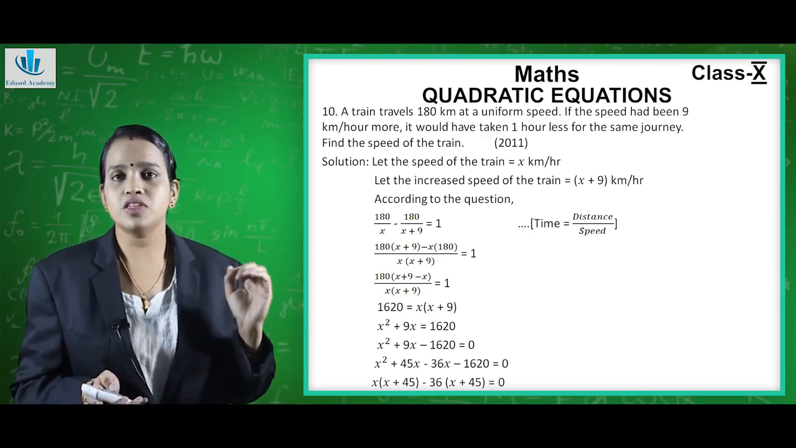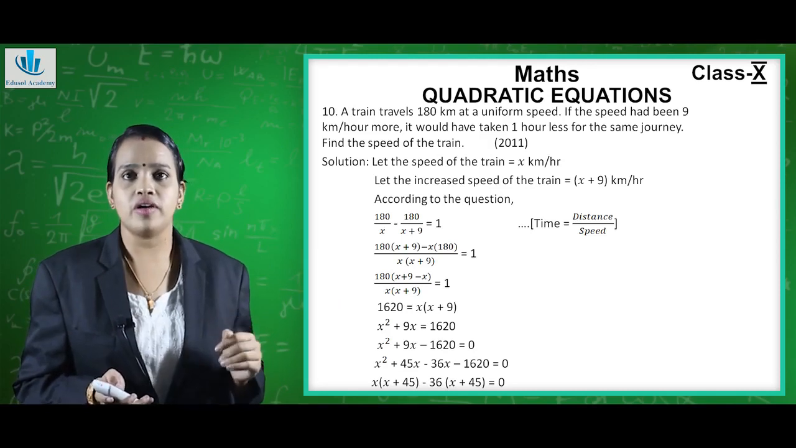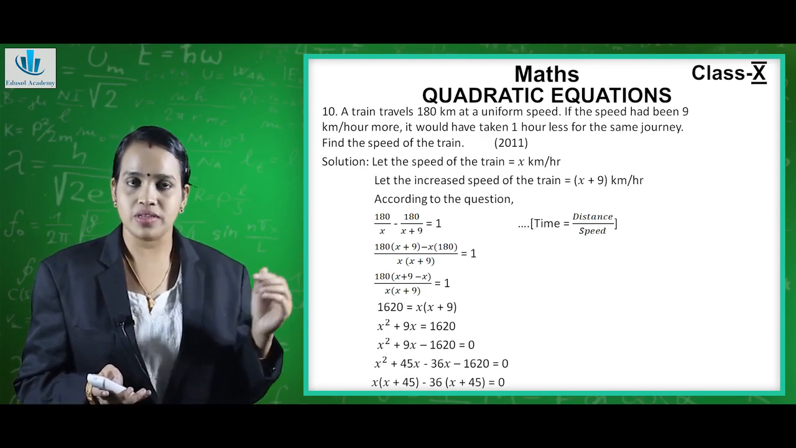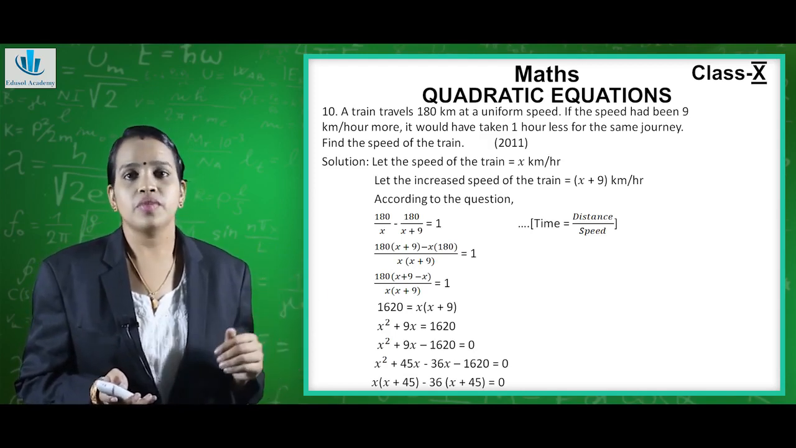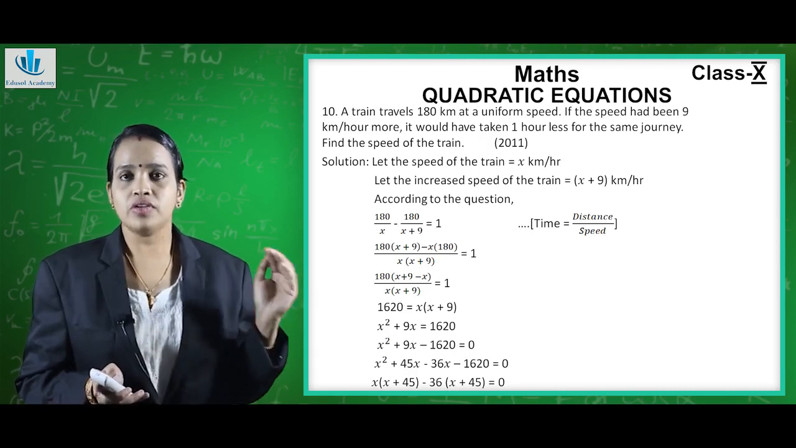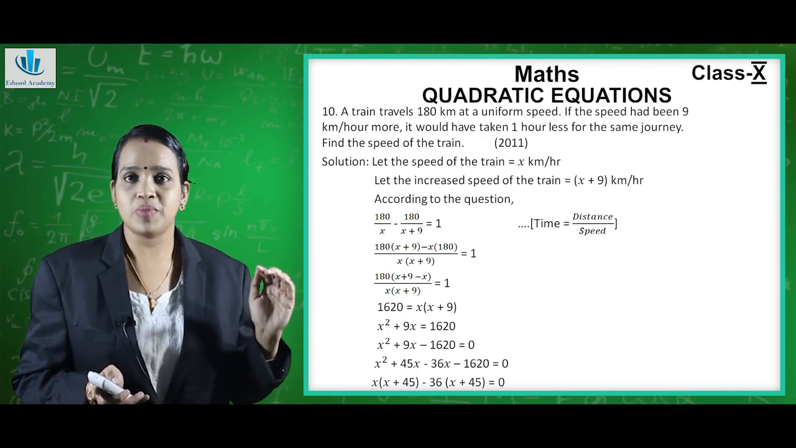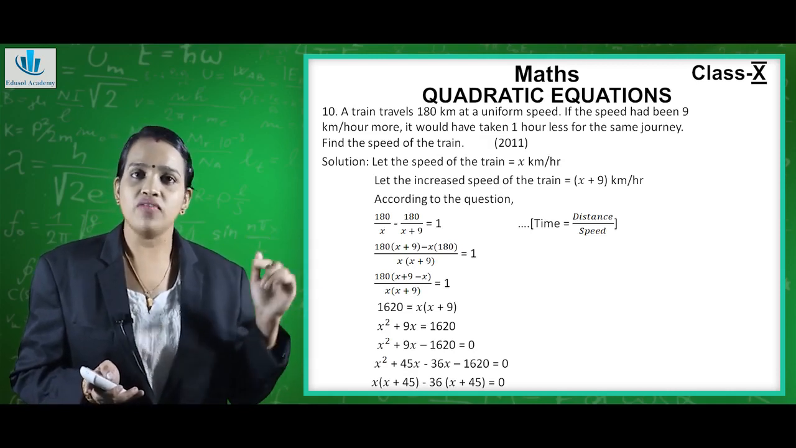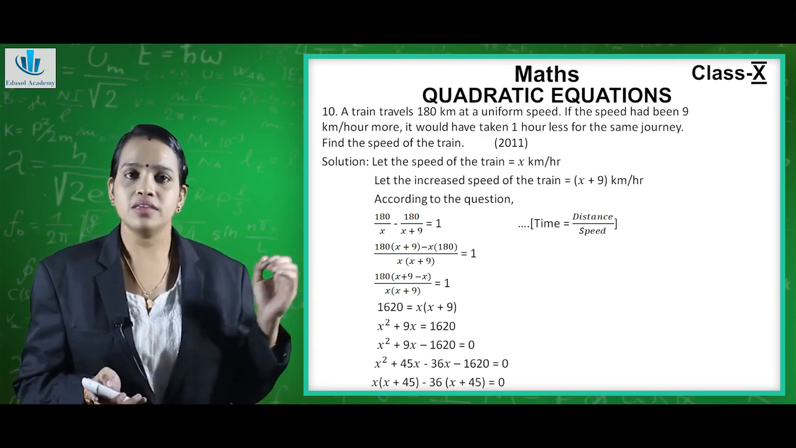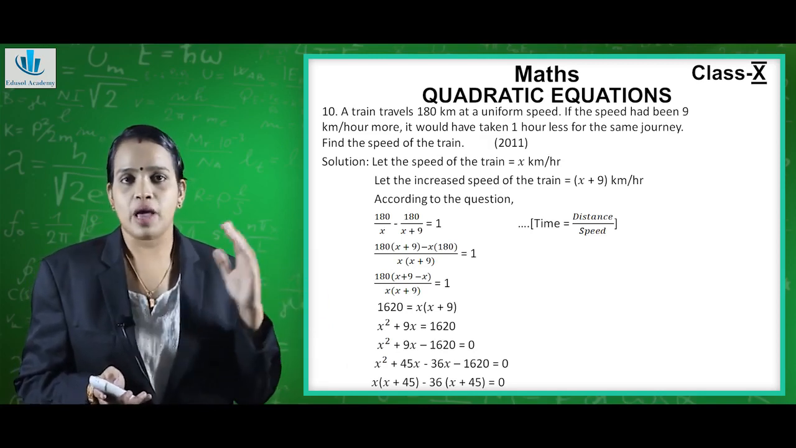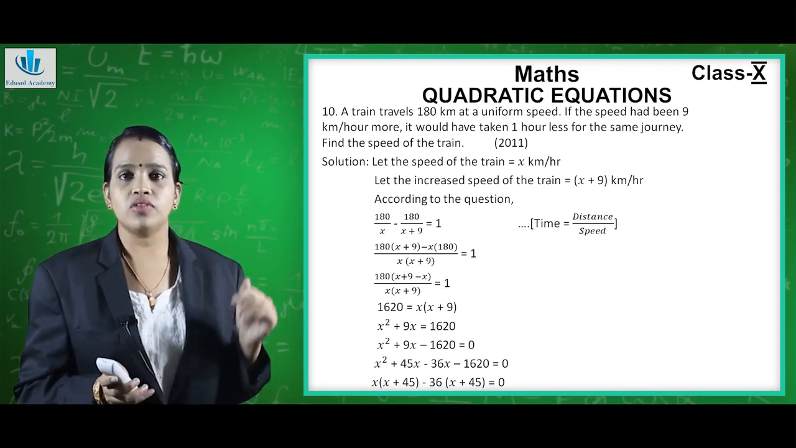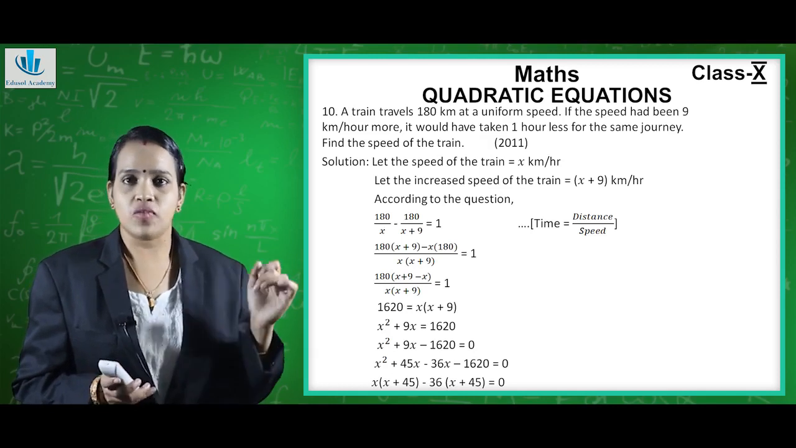Now what will we take? We will take the speed of the train as x km per hour. When the speed is increased by 9, it becomes x plus 9 km per hour. Now in the question it is said that the train travels 180 km, but when the speed is increased, it takes only 1 hour less for the same journey. Now you know the formula for time, that is distance upon speed. So we can apply this formula over here. Our distance is 180, and for the first speed it is x, so 180 upon x,